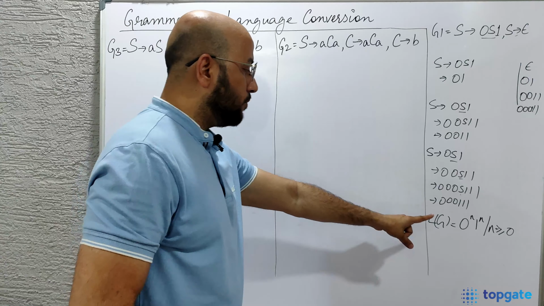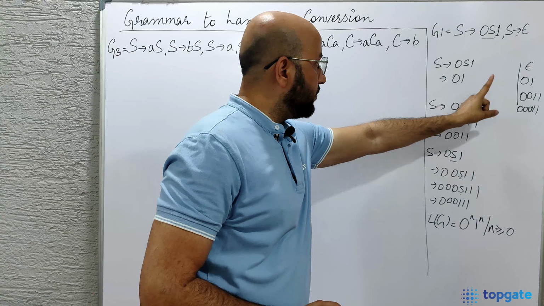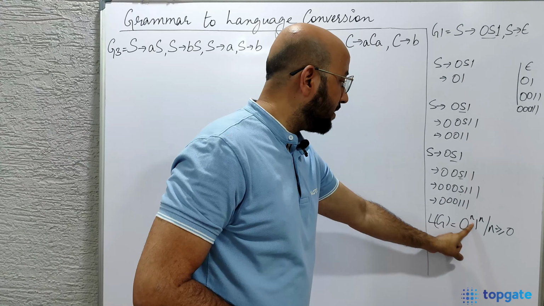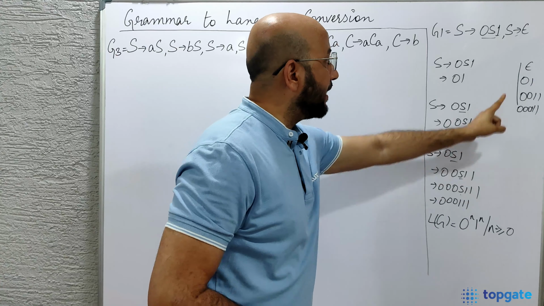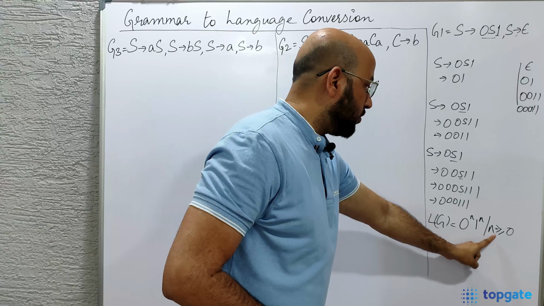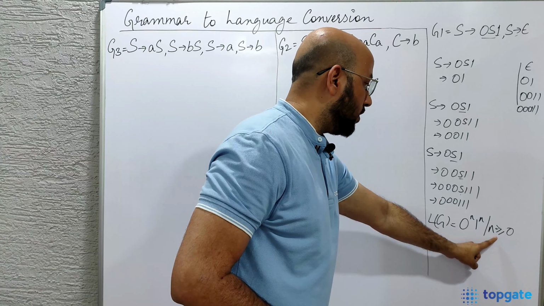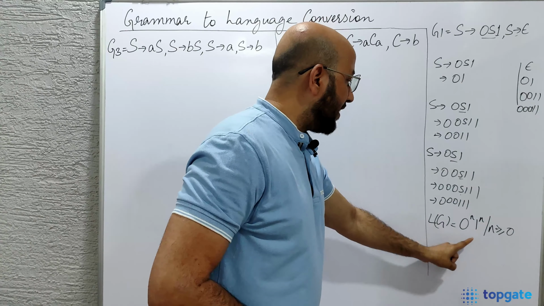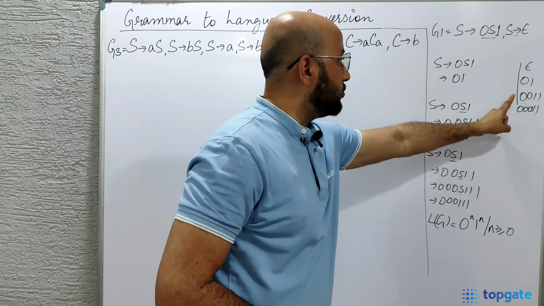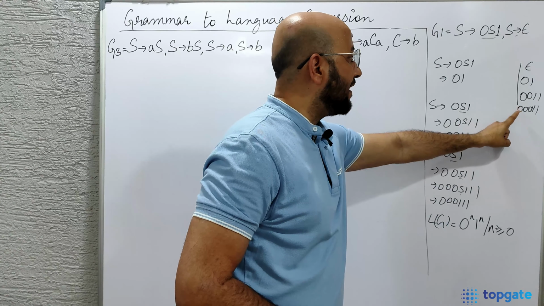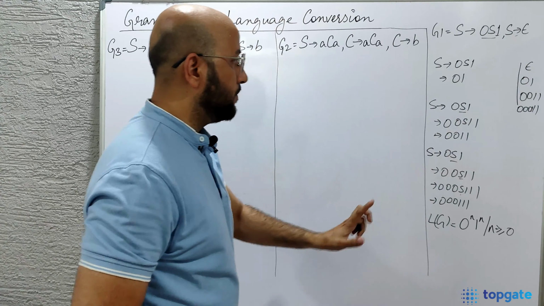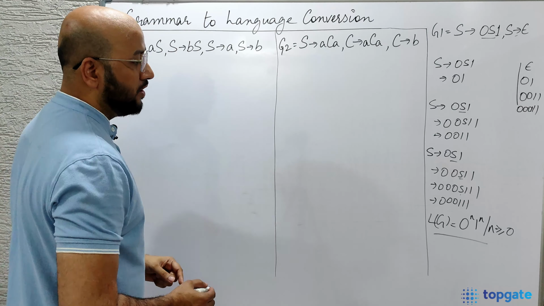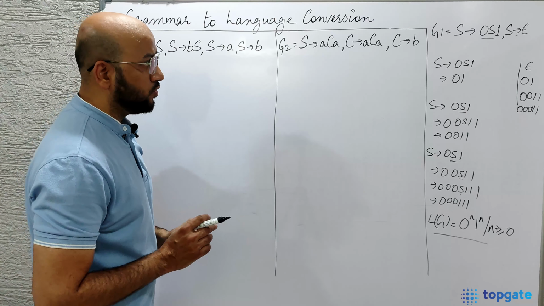Now why is it 0? Because the first string that I got is null only. That means if I put the value of n here as 0, then only I can get a null value here. So that's why we have put the value of n as greater than or equal to 0. If the value of n is 1, I'll get 01. If the value of n is 2, I'll get 0011. If it is 3, I'll get 000111, and so on. So this is the language 0 to the power n, 1 to the power n, where n is greater than or equal to 0 for